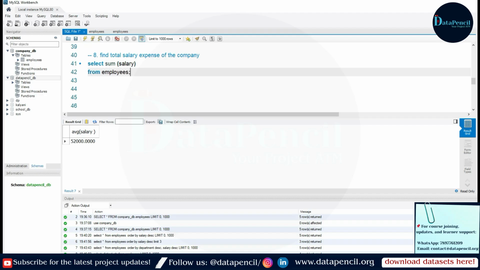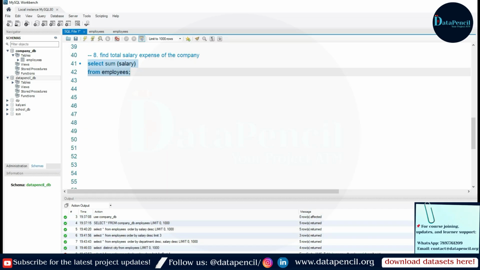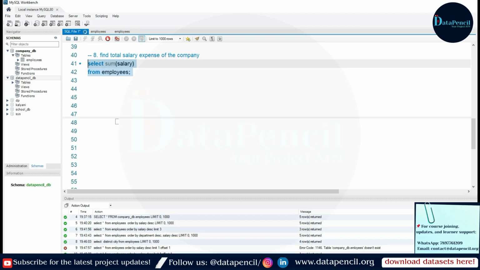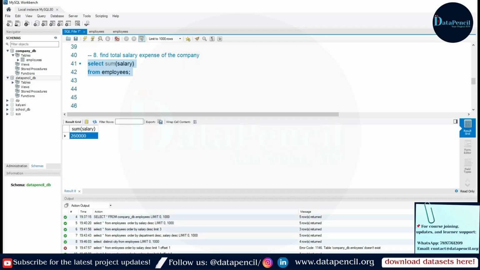Now let's run it. Some error code. What mistake did I make? Okay, here I gave a space. Now run again. So this is our total salary, the expenditure on salary of the company.